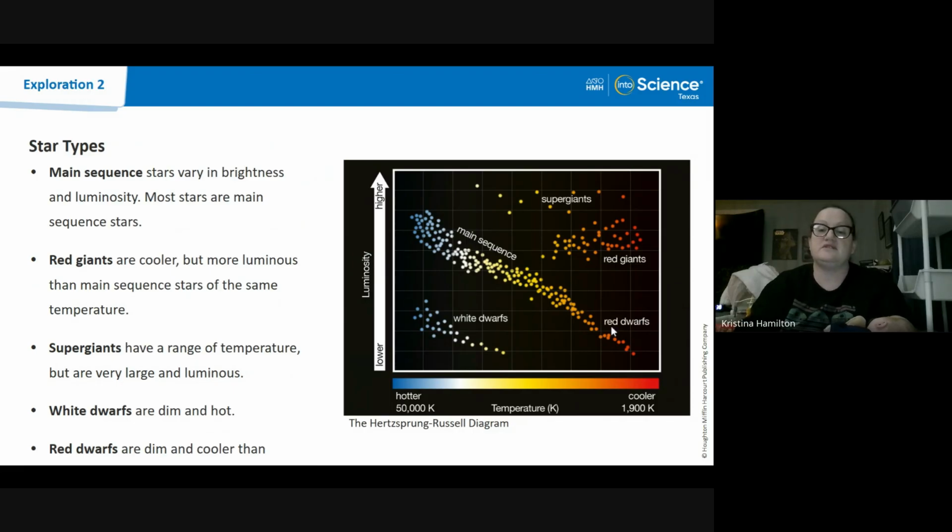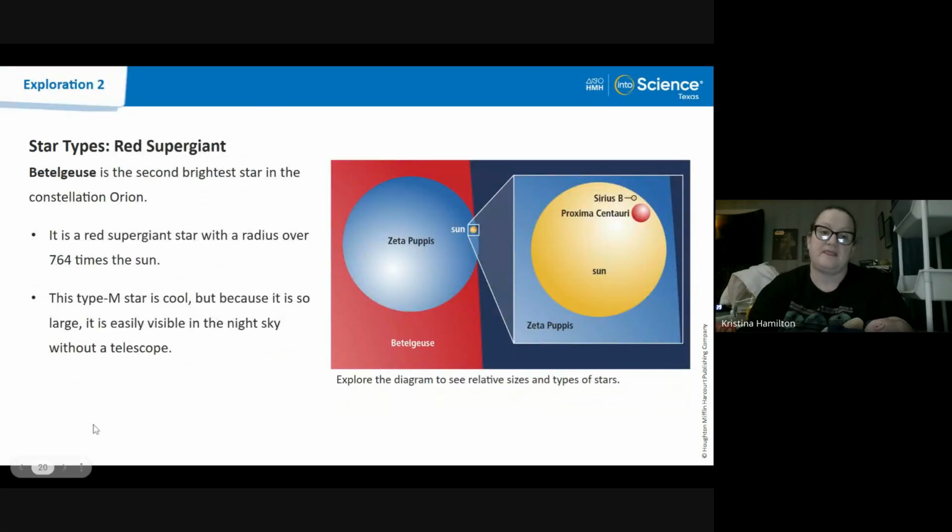So our red dwarfs and our white dwarfs are the ones that we watch for to be able to go into a black hole type situation. We're also watching our supergiants and giants turning into these main sequence stars to look at the creation of new galaxies. Alrighty, so we're going to stop there, and I'm going to go back over the HR diagram again